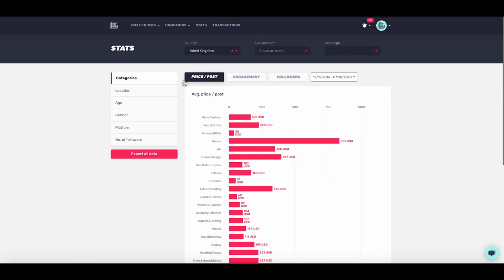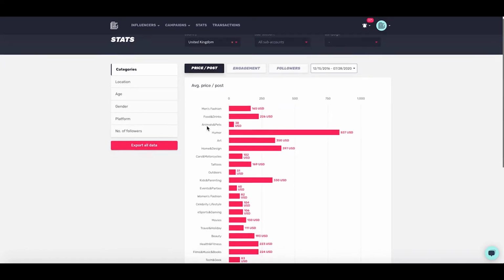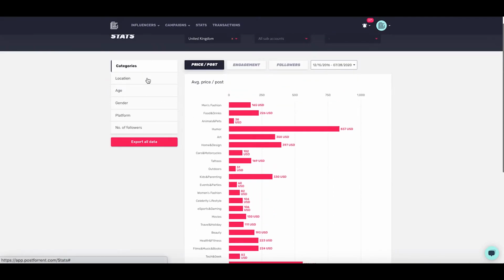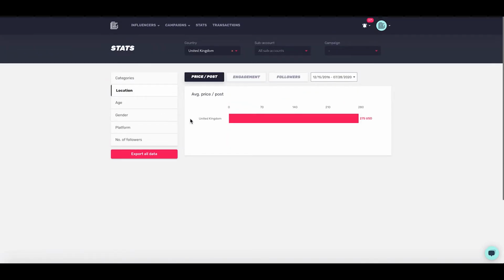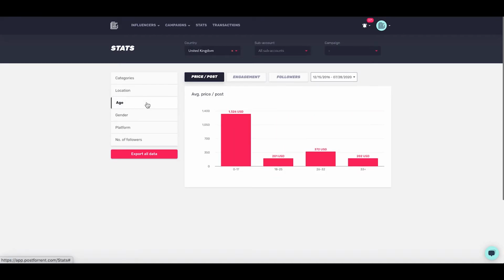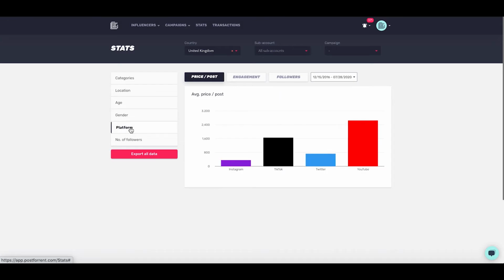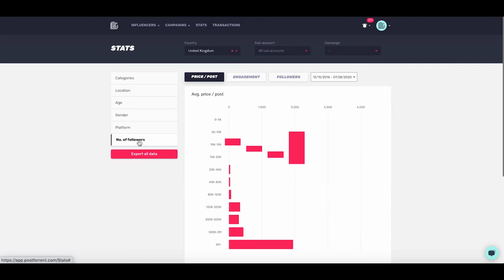So as you go down the list, you'll see the average price per post, and here are all the categories on the left hand side, and this is the price per post on a location basis, so we can of course change that up here. This is the average price per post based on the age, so as you can see here are all the age groups. We can again see the information based on gender, based on the platform, and based on the number